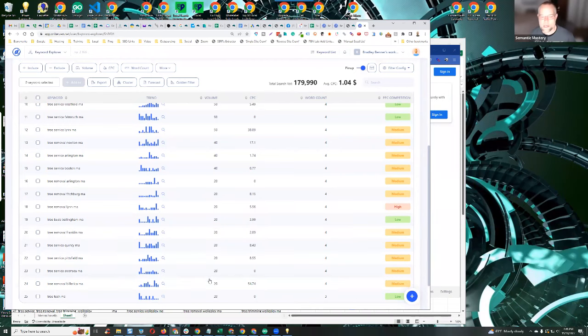Anyway, the other way to do it is to do a little bit of research. I'm going to give you an example of how to extract all of the cities within a state or a county, however you want to do it, that meet a specific criteria. So let's say population of 10,000 and above, or 10,000 to 100,000, or 20,000, whatever the threshold is that you want, and extract all of those city names. And then you can create a sheet like this